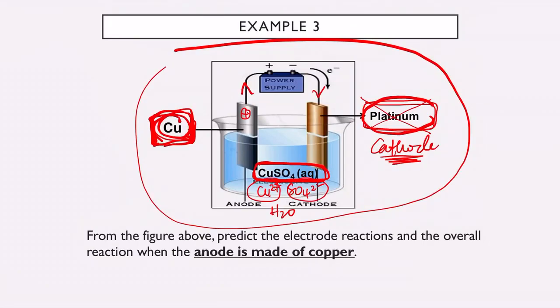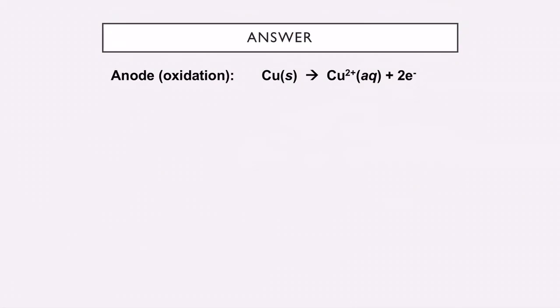So ingat tak yang your sulfate ni, it cannot undergo oxidation kan? So at your anode, if you have your SO4 2 minus will not be oxidized. Remember why? Ingat balik. So that means that your copper will be the one who will be oxidized. Okay, so your copper will lose electron. So when it loses electron, it will form copper 2 plus. So this copper 2 plus will go into your electrolyte in your copper sulfate solution. Okay,